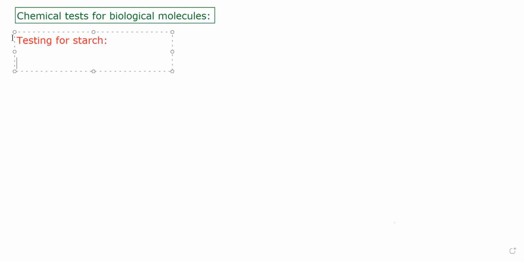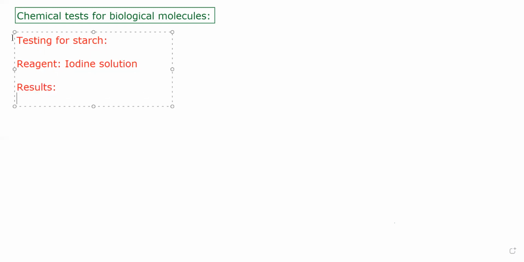This is also one more thing in the exam. Students usually say iodine, but what you should say is that the reagent you are going to use for starch is iodine solution. And what will be the result for that? The positive result is going to be blue black,